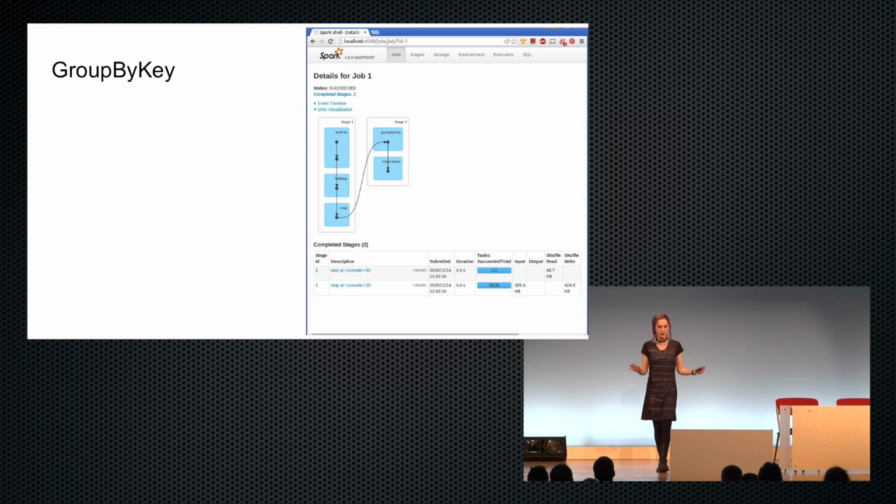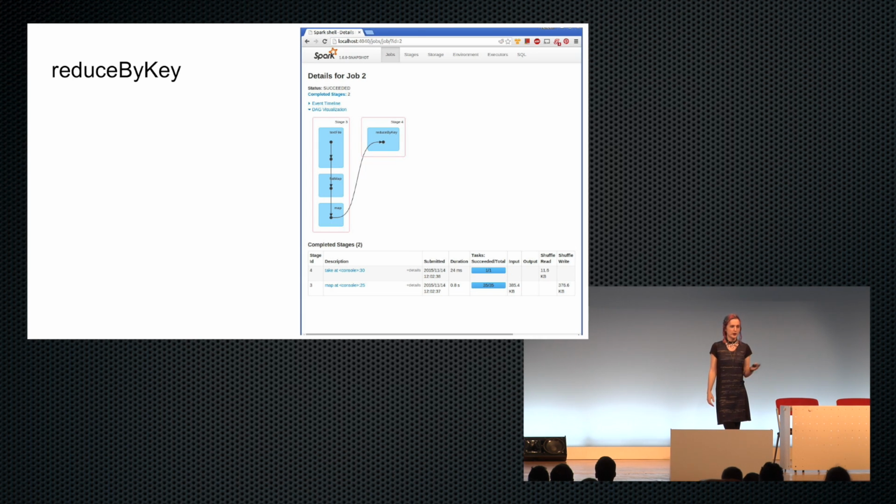This is a really simple example of groupByKey on some Python files. It's kilobytes of data because I actually wanted the job to succeed. But if you were working on real data, you could just replace the K with a G or a T, and it would be exactly the same thing. We can see it has a shuffle read of 48 kilobytes. And if we did reduceByKey, we'd have a shuffle read of only 11 kilobytes. And that's a pretty big difference.